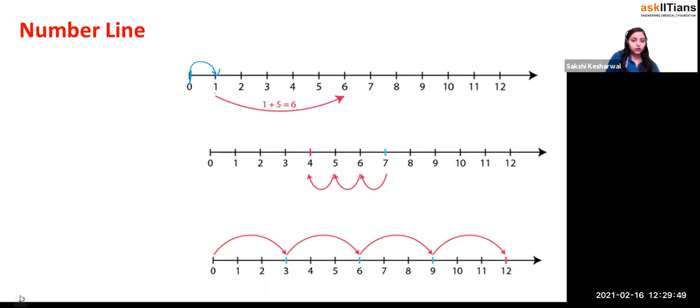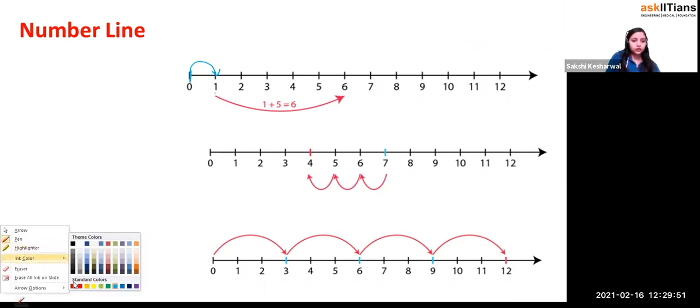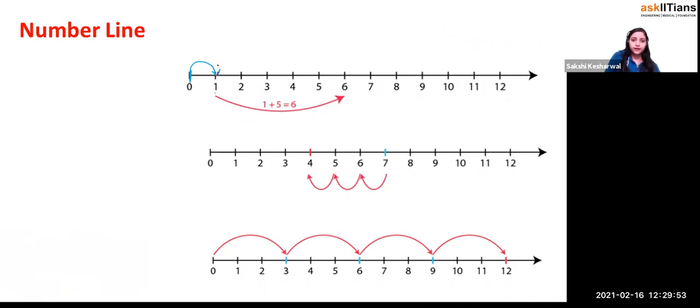So I'll change the color and just see over here. You'll be going 5 steps ahead. 1, 2, 3, 4, and then 5, right? So you have reached what, beta? 6. This is the addition on a number line, right? Now